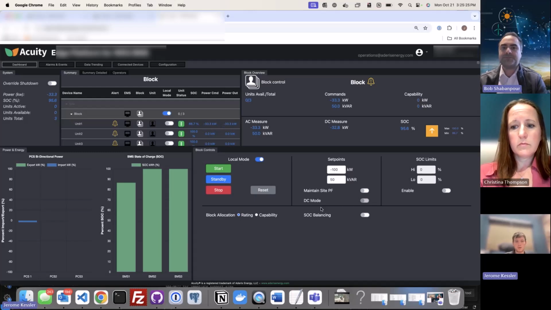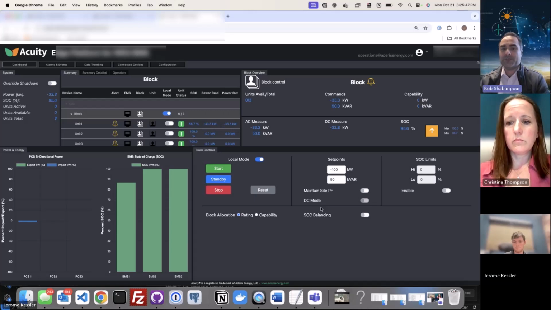Yeah, sure, Bob. So actually, Acuity runs on edge computers at your site, so it could run in a completely isolated environment. So it has all of the foundation blocks to become NERC compliant. So our system definitely can help you achieve that. Our system is a tool, and people can use this tool to be NERC compatible, correct? Yes. That's great. Thank you.